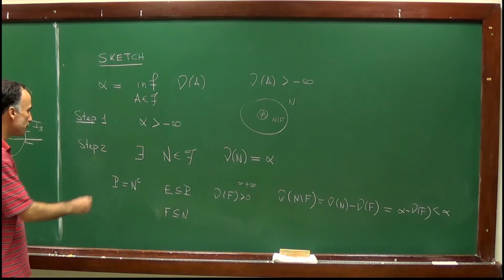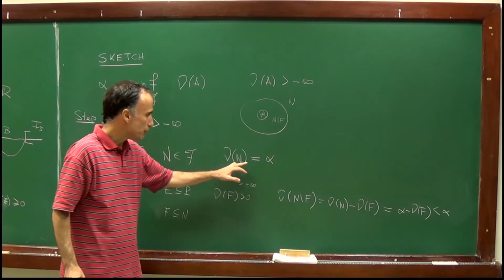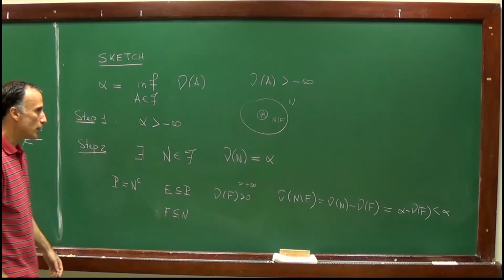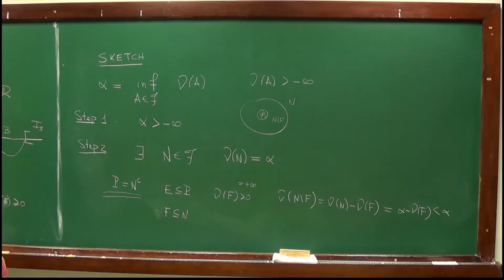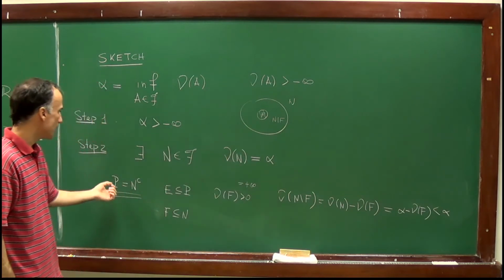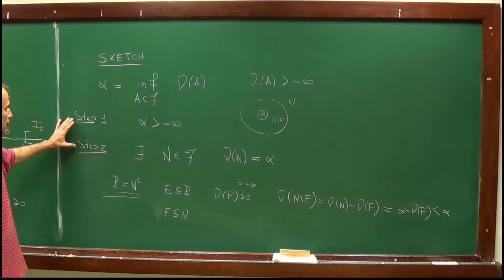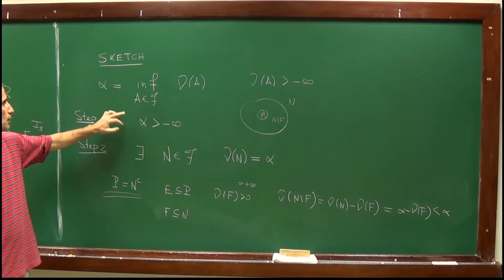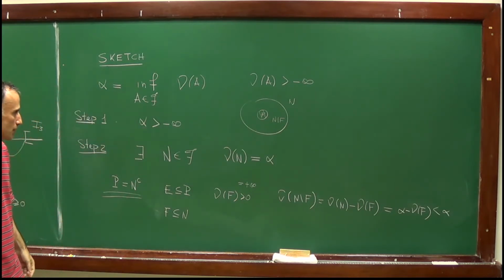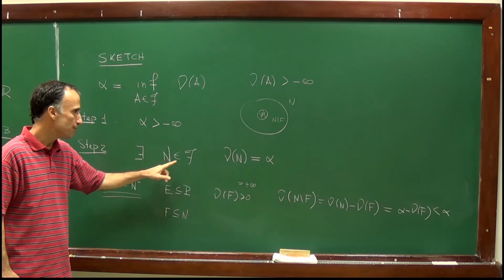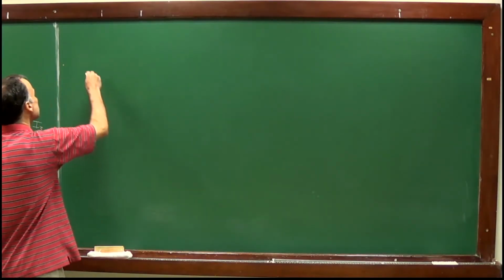So, if we are able to show that there exists a set N in F such that nu of N is equal to alpha, then we have our decomposition by setting P as the complement of N. So N will be the negative part of the measure, and P will concentrate the positive part of the measure. So this is the idea of the proof. We'll define alpha. We'll first show that alpha is strictly bigger than minus infinity, and then we'll find the set N such that nu of N is equal to alpha. So let's go to the proof.